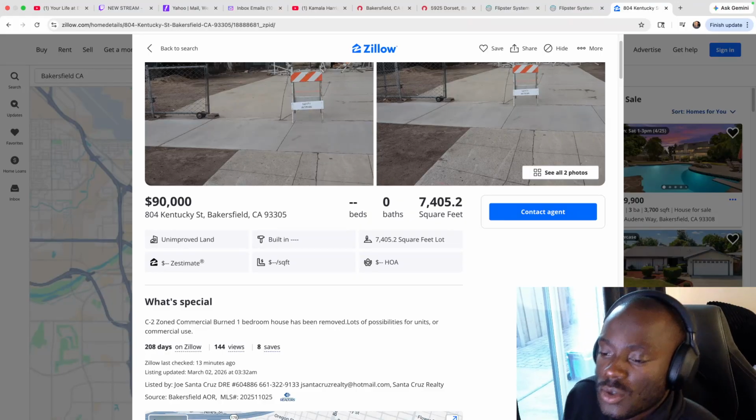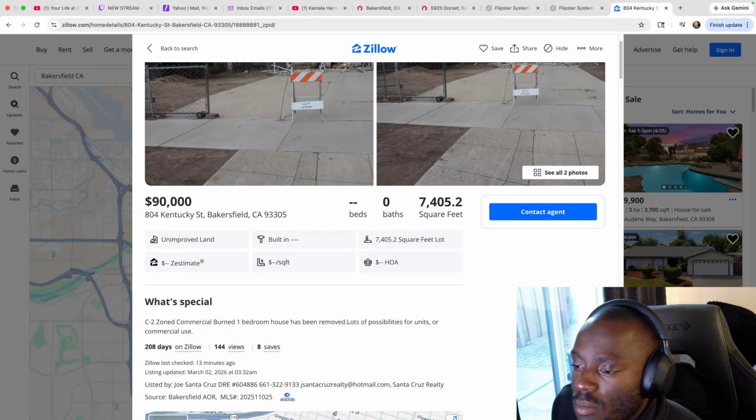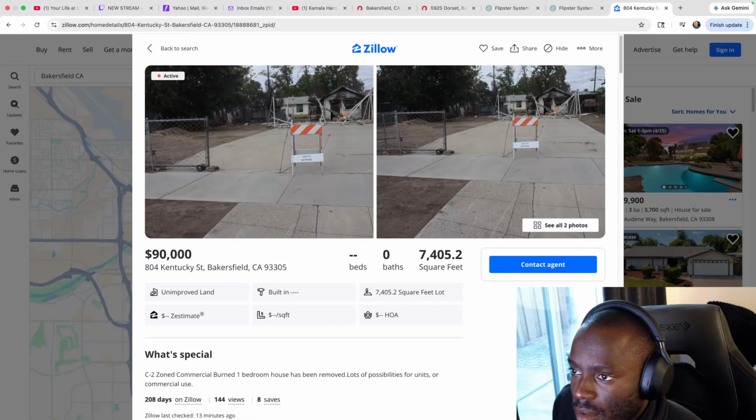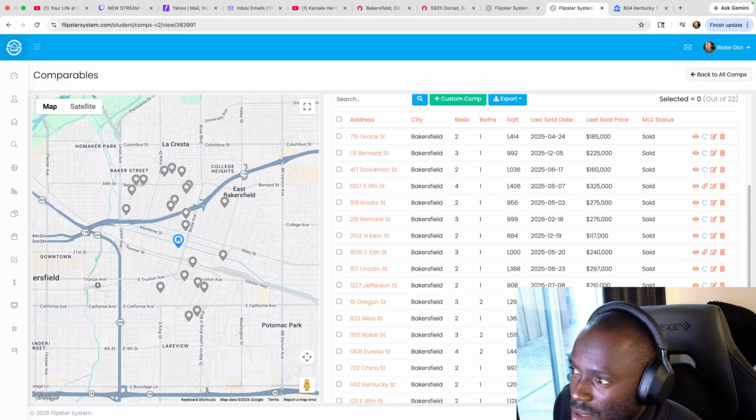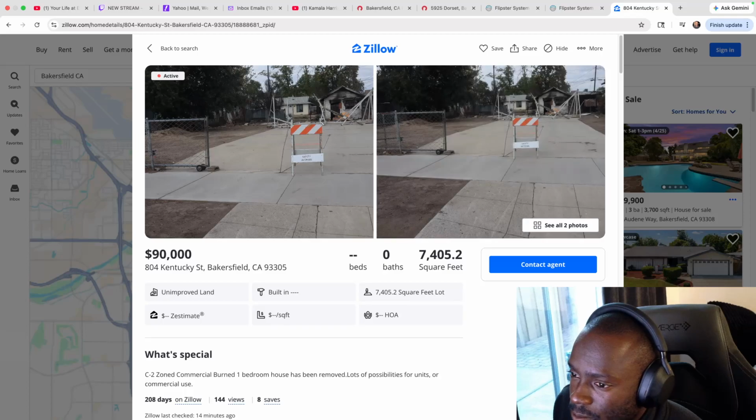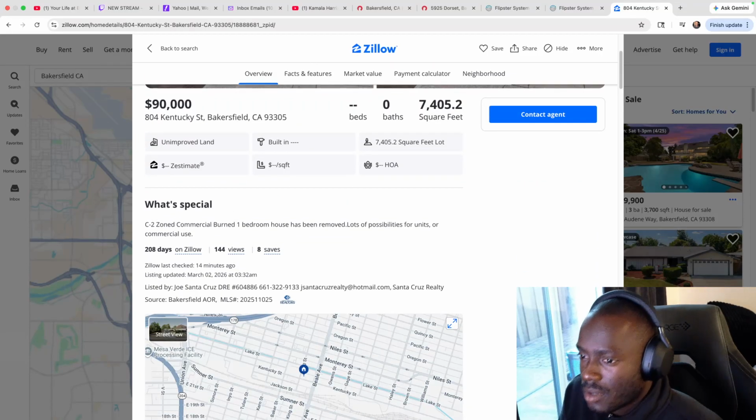It says it's a C2 zone commercial burn. The one bedroom house has been removed. Lots of possibilities for units or commercial use. So obviously this would be an opportunity for a fix and flip, but is it worth it is the question. That's a one bedroom. So we got the number. I'm going to call.